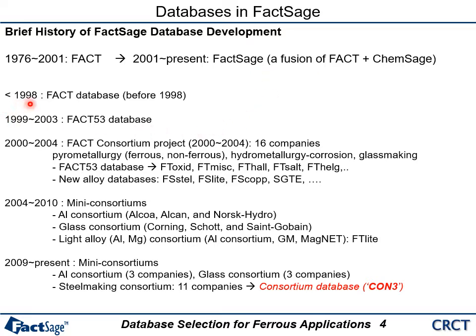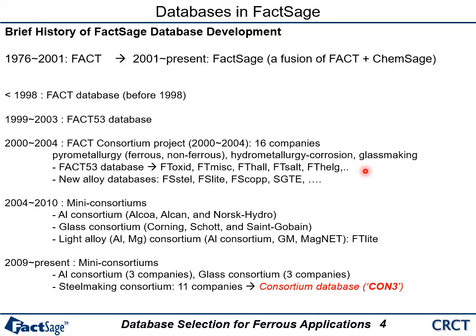Until 1998, we had only one database, which is called the PACT database. Then from 1999 to 2003, we changed the name of the PACT database into the PACT 5.3 database, with the Windows version of FactSage. And between 2000 and 2004, we had a very large industrial project to develop the thermodynamic database for FactSage. After that, we started to dissociate our PACT 5.3 database into different databases, which are specialized for